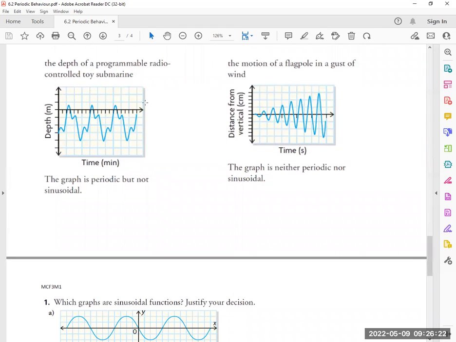Question, is this graph periodic? Yeah, it repeats right here. So this portion will repeat, yep, with this portion, and then it repeats again in this portion, so on and so forth. But it's not sinusoidal, because as I was saying, sinusoidal must